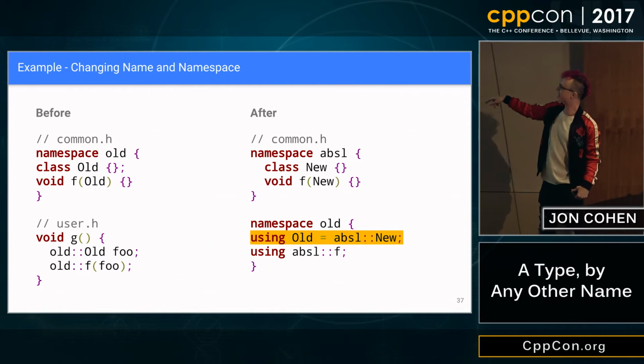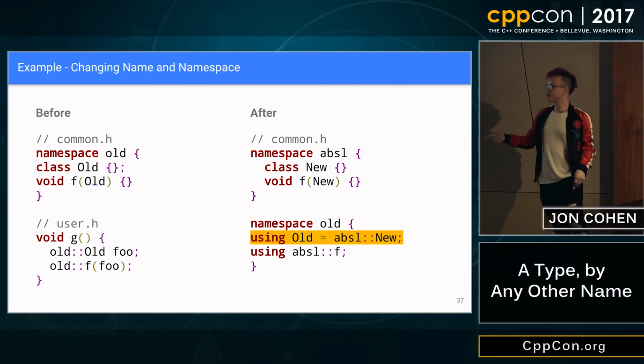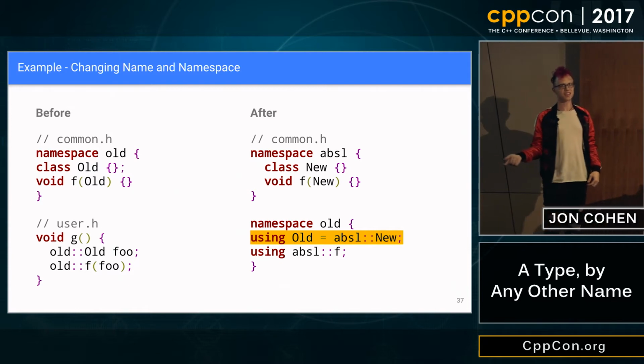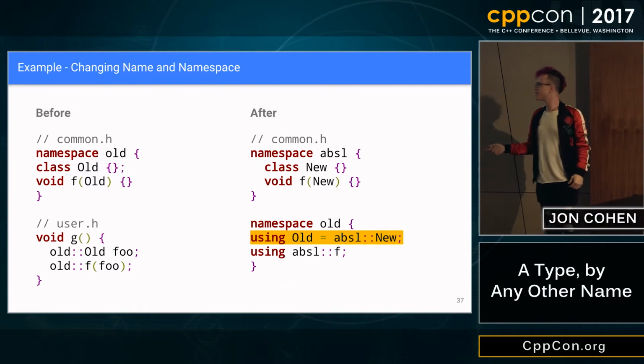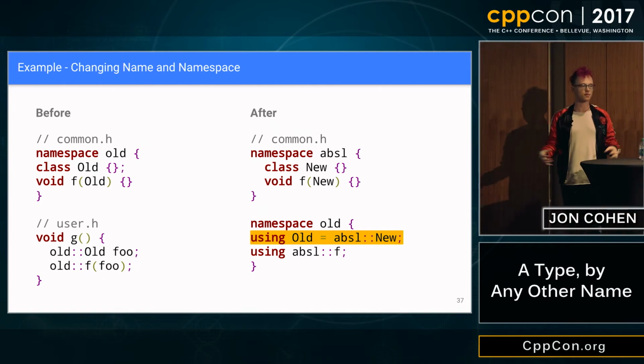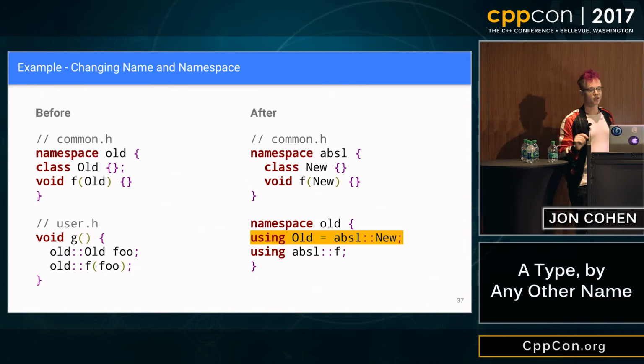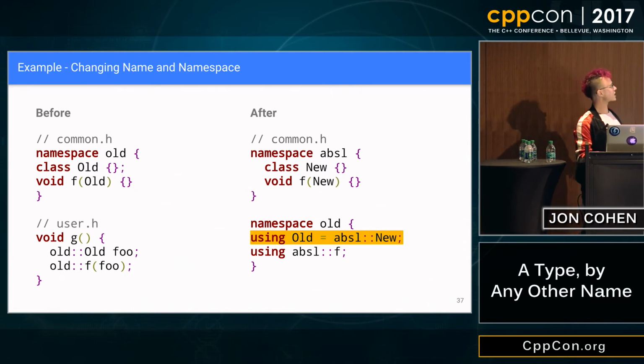This other thing is not actually an alias. It's more of directions to the compiler. It's a using declaration, I think, is the name of it. It's a little bit different, although it's similar enough for our purposes. That's why I've just been calling them aliases. But this is a completely separate thing, and it'll get worse later. This code compiles. This is totally fine.